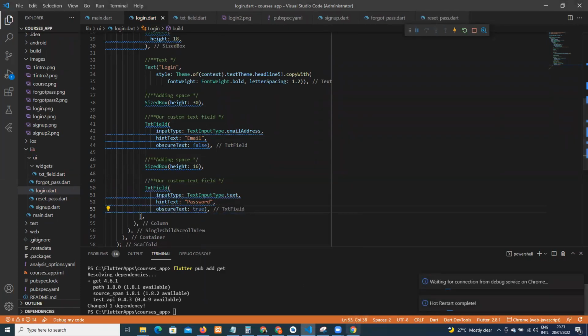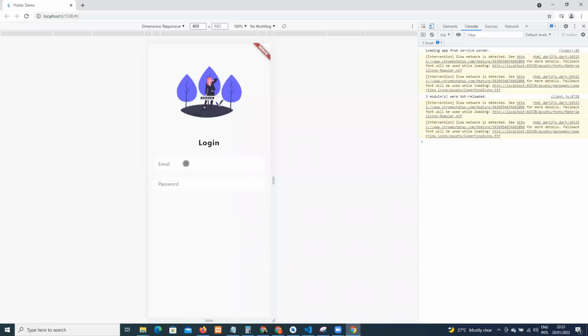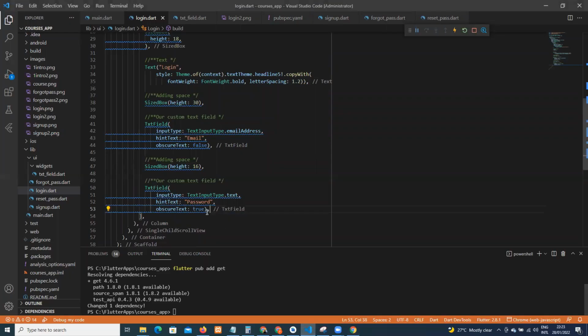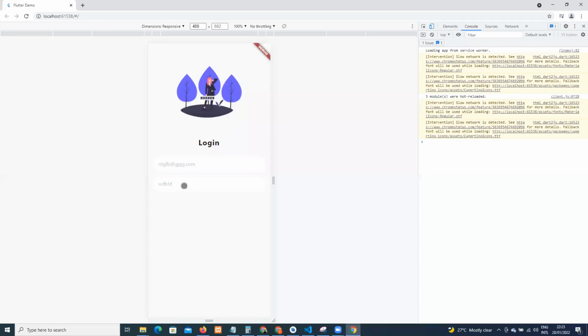Then I save this and we rush very quickly here. You can be able to see password. So here's the difference. When I type here, when I click email, of course, I can just type email at Gmail, something at gmail.com. But for password, you can be able to see. Okay, the obscure text, have I put false? It's supposed to be true. Okay, yeah, I think we can debug that, but it's supposed to obscure, like obscure text here is false, here is true. So it's supposed to hide this text so that no one can be able to see your password. Anyway,